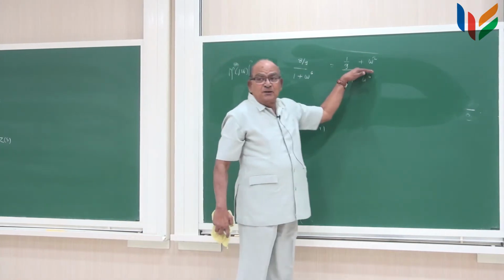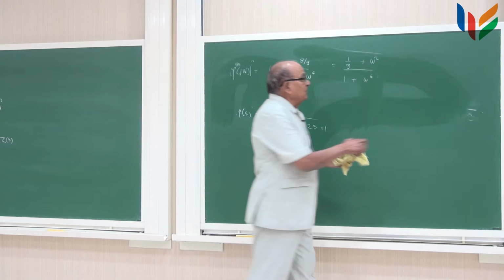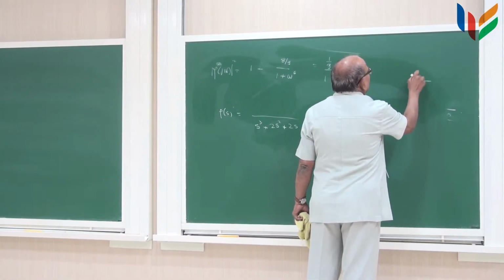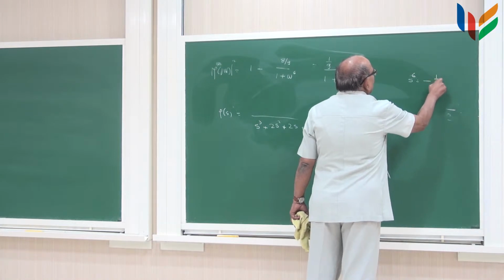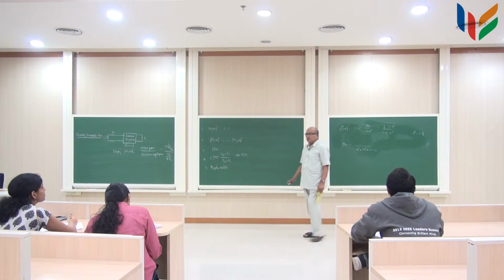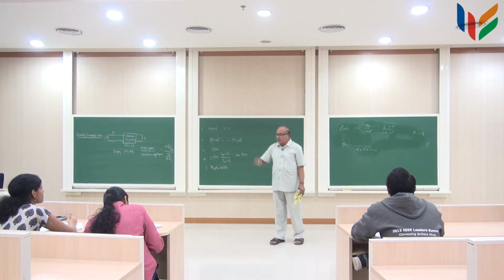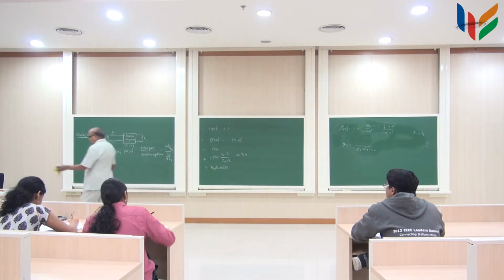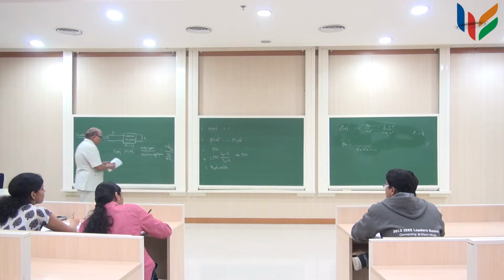Similarly, you do the same thing here, only S^6 is equal to minus 1 by 9. Find out the zeros of this function and pick up only the left half plane, and the polynomial comes out to be, if we just do this,